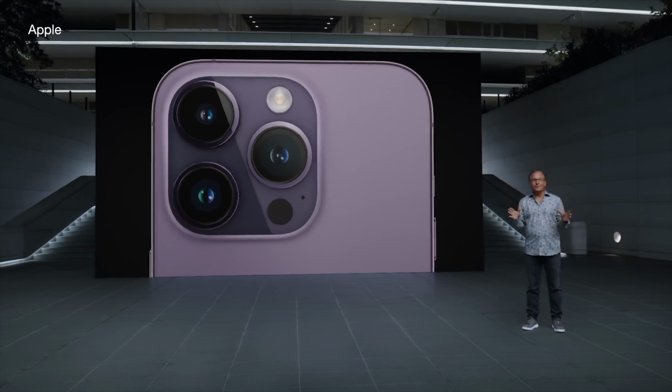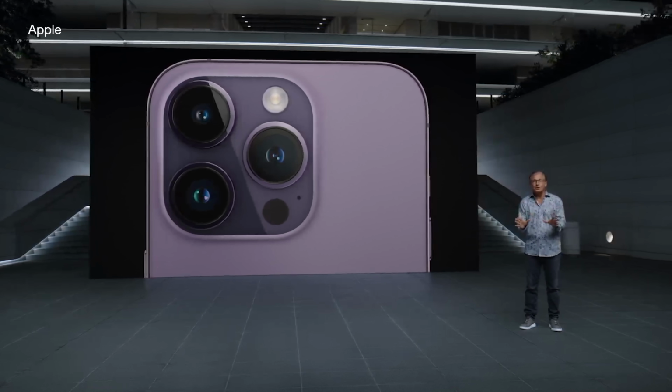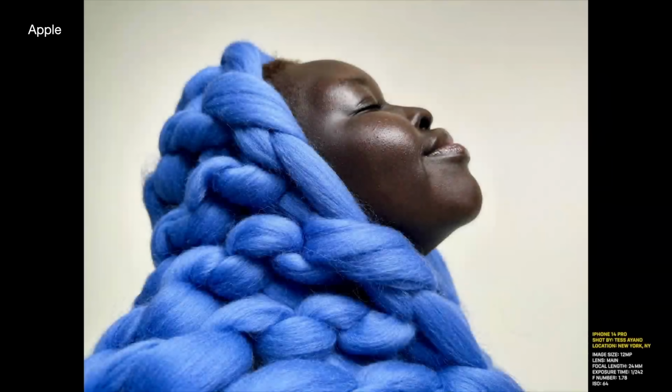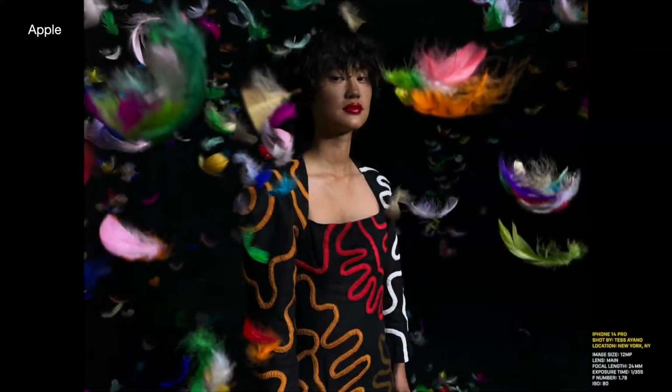The new cameras on the iPhone 14 Pro and Pro Max have finally received a pretty massive upgrade. This new system comes with a new 48 megapixel main sensor leading the way with a quad pixel sensor. It's actually 65% larger than the iPhone 13 Pro and has a second-gen sensor-shift OIS and 24mm focal length. The new main camera has 2 times low light improvements compared to the iPhone 13 Pro, and you can